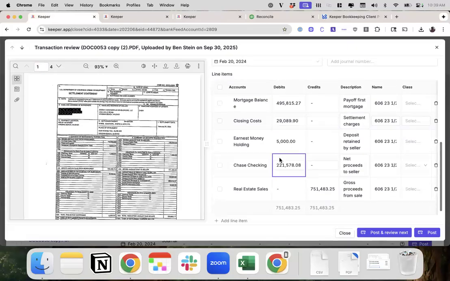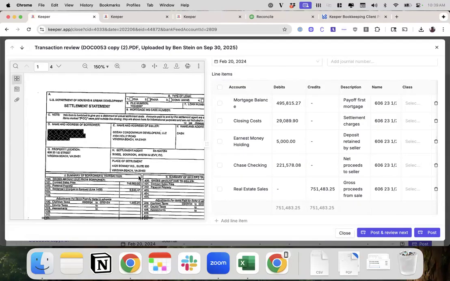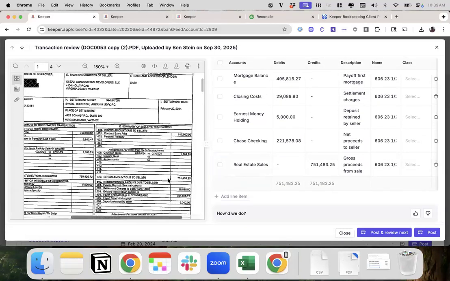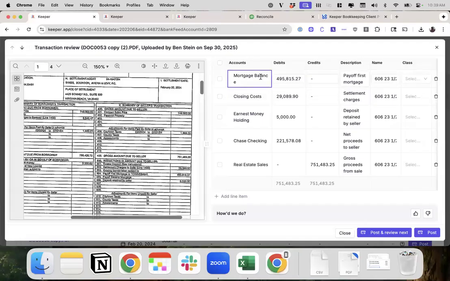Okay, that mini demo was just enough time for our AI journal entry to finish processing. Now let's take a look at what it did here. We've got the gross amount due to seller, which goes to 751,432.5. You can see it got that amount. We can see it adds the description here. It posts it to the right account. We've got mortgage balance